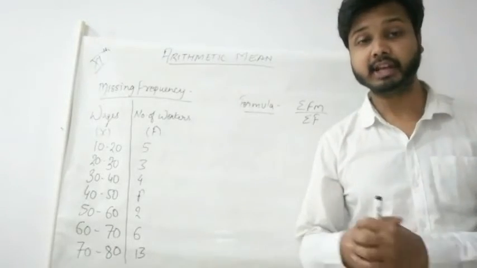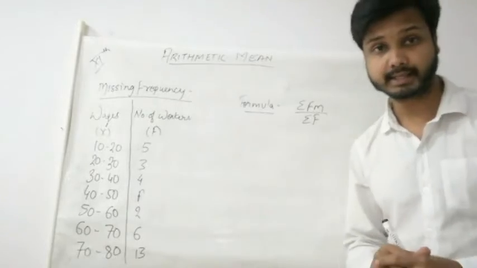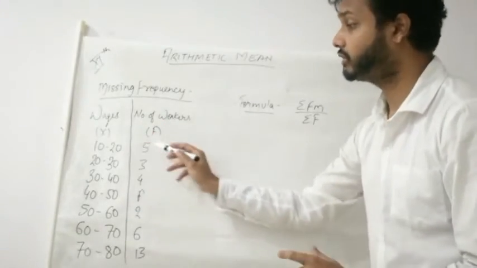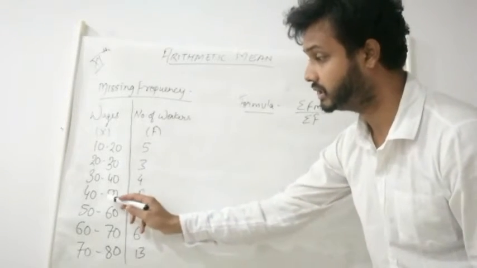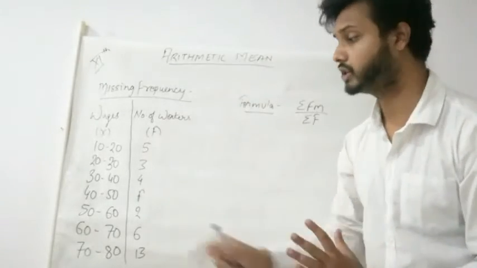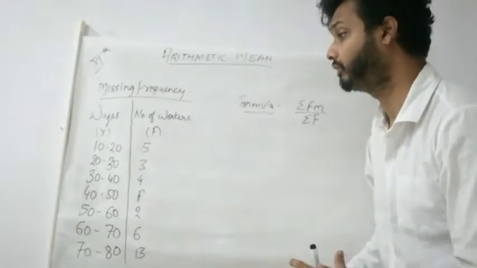So students, here we have a question which is related to missing frequency. In this question you can see that it is a question related to continuous series. The frequencies of all the class is given, but in one of the class we see that 40 to 50 it is written f, which means frequency. Okay, so we don't know the value, we have to find it out. Let us see how we will find out.